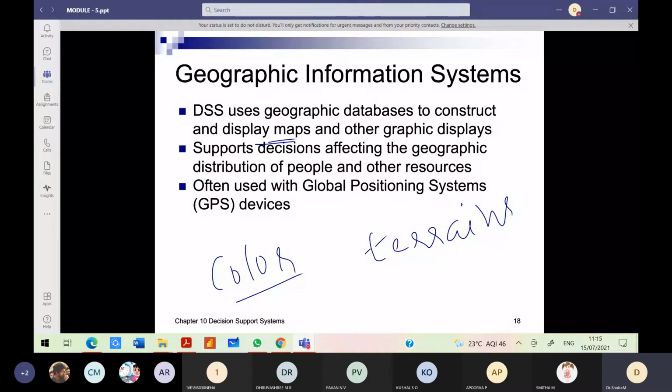In places with a lot of humidity, we cannot decide to increase the temperature of some system or setup, because the external climate is already generating a lot of heat. There are many other factors to consider depending upon the distribution of people and other resources, and it is often used with GPS.